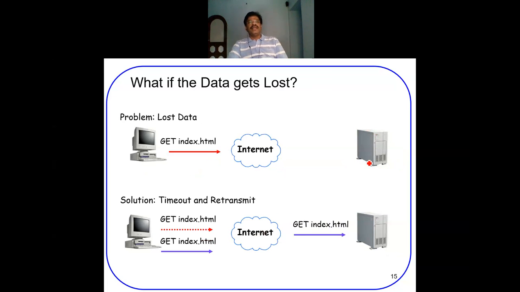What if the data is lost? Terminal 1 or the client is requesting the data, but the second terminal is not available, or the request from terminal 1 is not reaching the destination. There may be various types of problems, but that indicates that the data is lost in the in-between networks. Then the solution associated with this is,